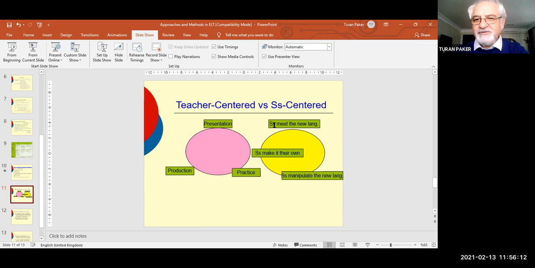But in student-centered classes, you just ask the question, what are you going to do in the afternoon? Well, it's the student's choice to answer in any way they like. For example, students say play football, and it does not even make a sentence. We don't expect them to make full sentences as in the direct method, but usually they will just produce one word, one chunk, or a phrase. But the important thing is communication here.